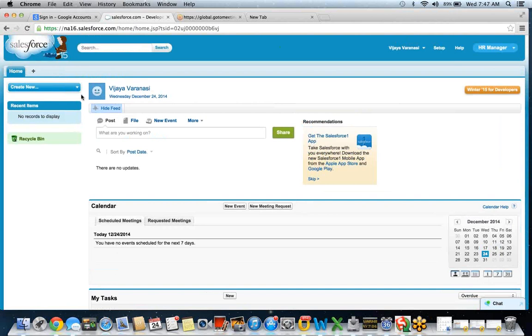So it is new event task. Get the Salesforce and download this in the App Store and go to Command. Okay, post. Request. Go to setup and